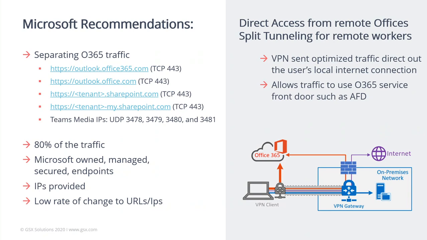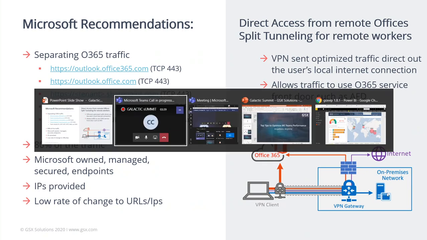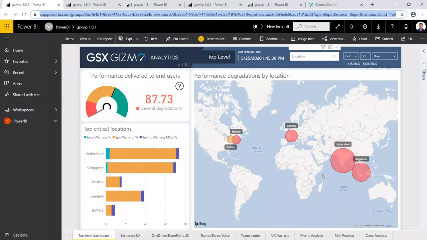And you can find a lot of documentation about split tunneling on the Microsoft technical website. They have communicated a lot about that during this whole crisis, and they have experimented a lot. It works very well. You should definitely take a look at it. So for us, we were thinking, okay, does it work? What's the value of connecting directly to Office 365 rather than connecting through your MPLS? So basically, for that we did some tests, and I will show you the result in Power BI.